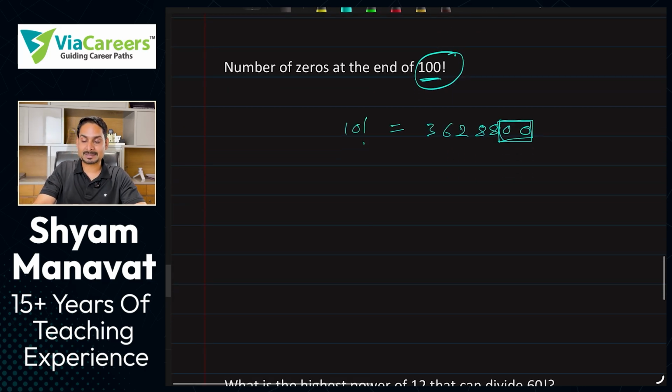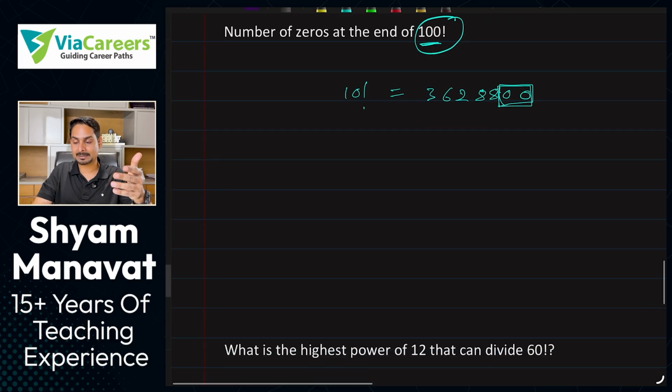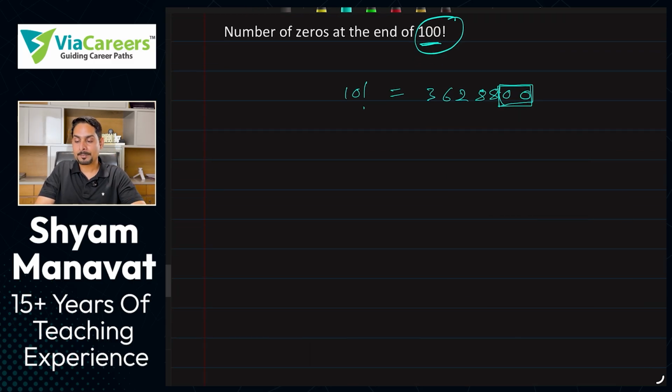So here also we have number of zeros at the end. Now we have discussed, if you remember, if you have done factors classes, then I hope you remember that for zeros, we need to find out how many 10 are there. What is the maximum power of 10? So you say number of zeros or you say maximum power of 10 in 100 factorial, it is one of the same thing, right?